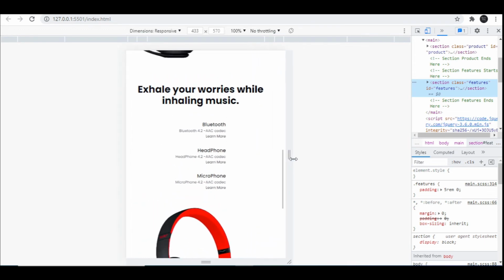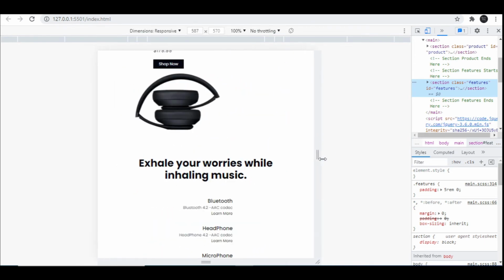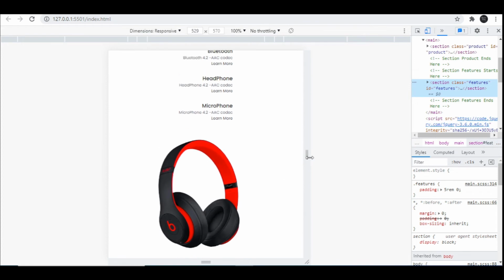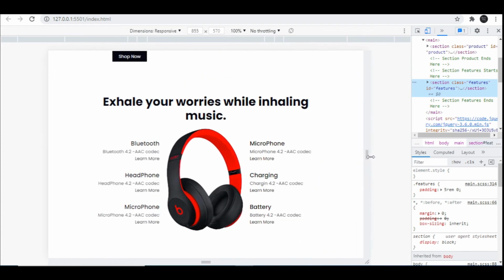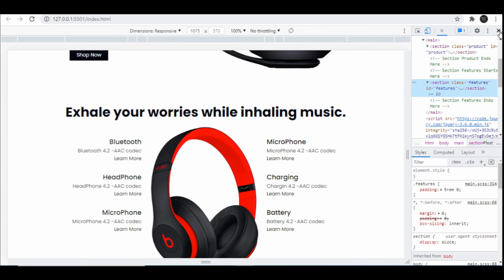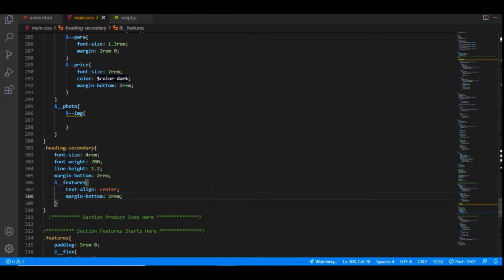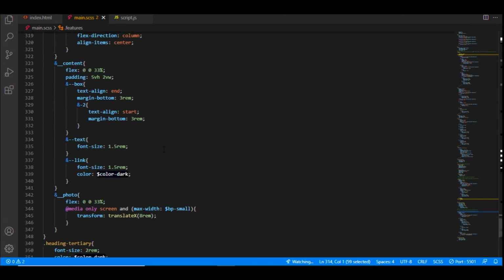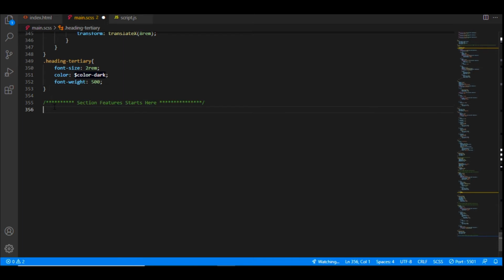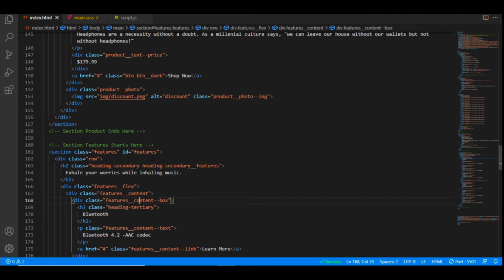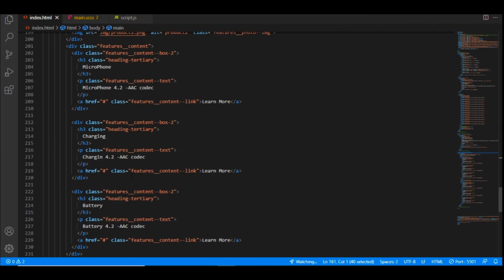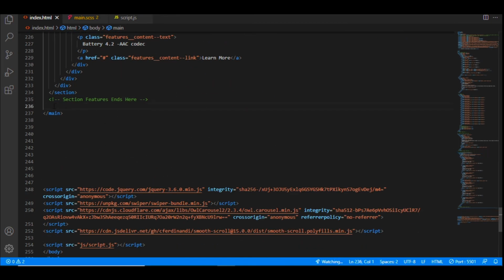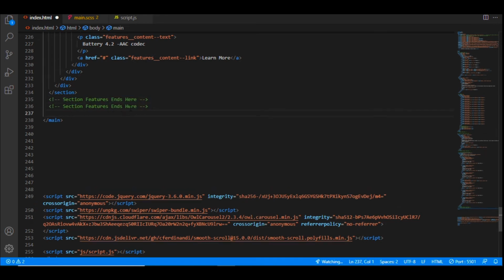So we will set this heading secondary feature class into text line center. So here heading secondary features text line center. It will center our heading secondary. We have small margin bottom of 2 rem of heading secondary features section, and we will inspect and see different resolutions in different screen sizes,